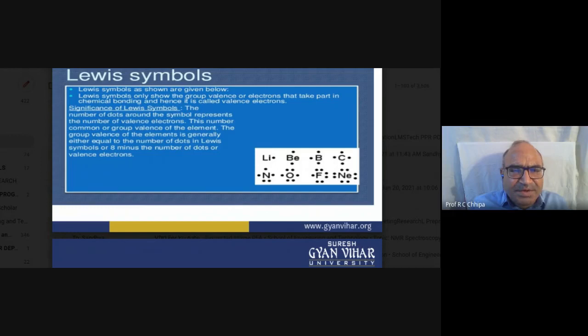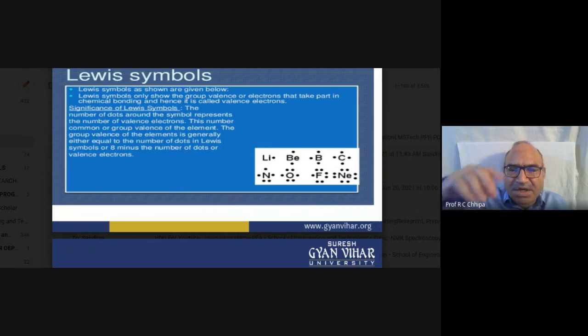This number is the common or group valency of the element, which is generally either equal to the number of dots in the Lewis symbol, or 8 minus that number, because